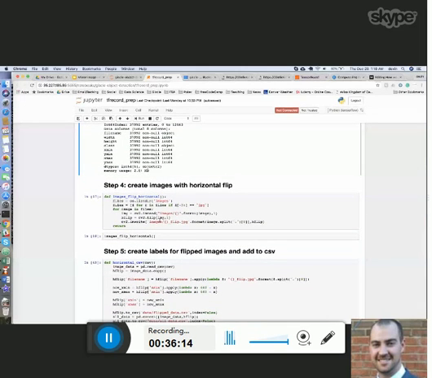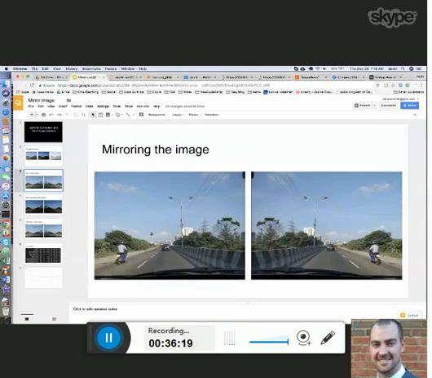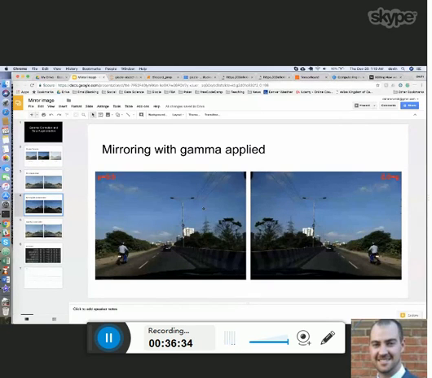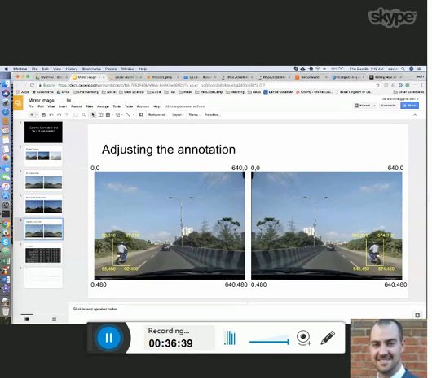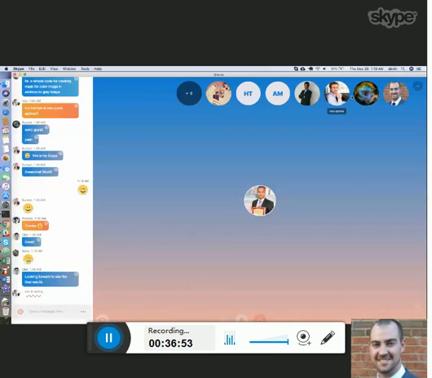And then we wanted to apply some data augmentation, so we flipped them horizontally. This is the original picture on the left, and then we also created this flipped version on the right here. And we did that with the gamma adjusted images as well. We weren't able to use the same XML information because it had been